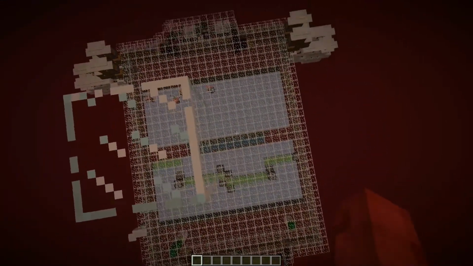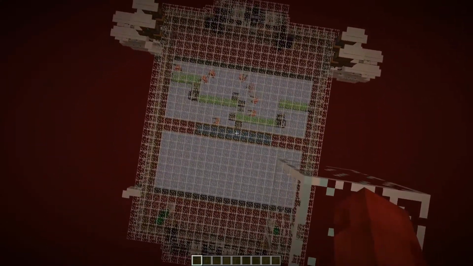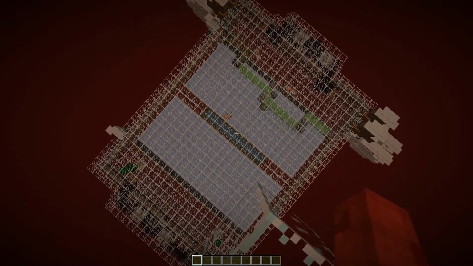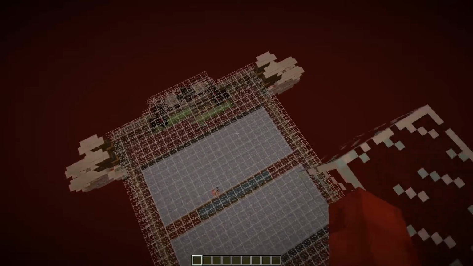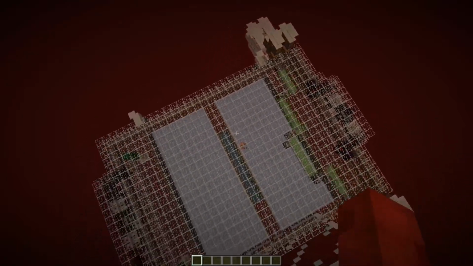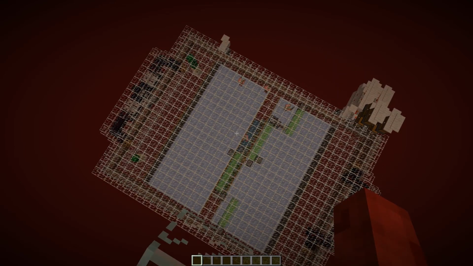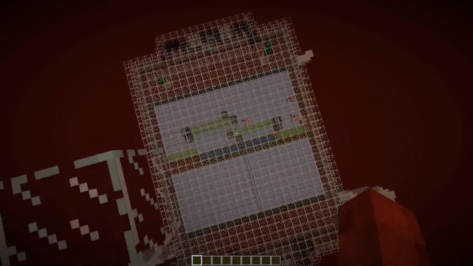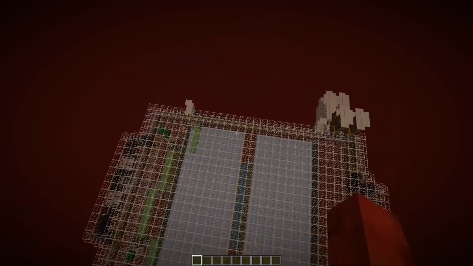Ladies and gentlemen, I just wanted to take a minute here and showcase this new nether mob farm design I've got. It does ghasts, it does piglins, it does magma cubes, and it even kills the occasional enderman, as they are a rare spawn in here. And the problem with the enderman though is that you would have to for sure